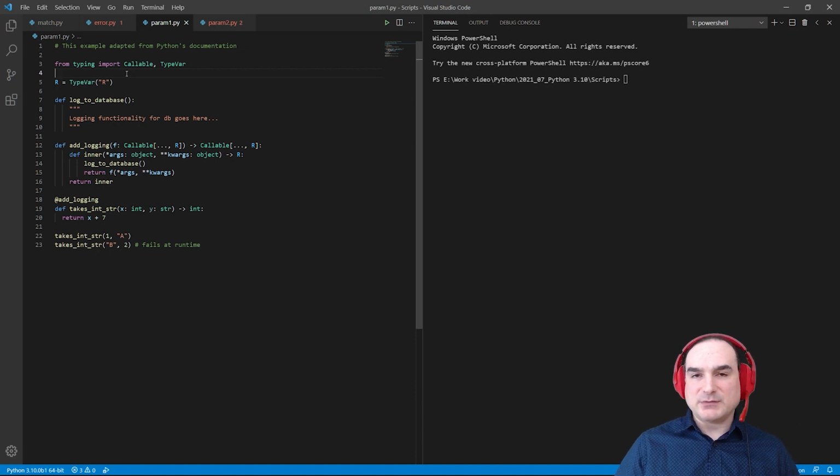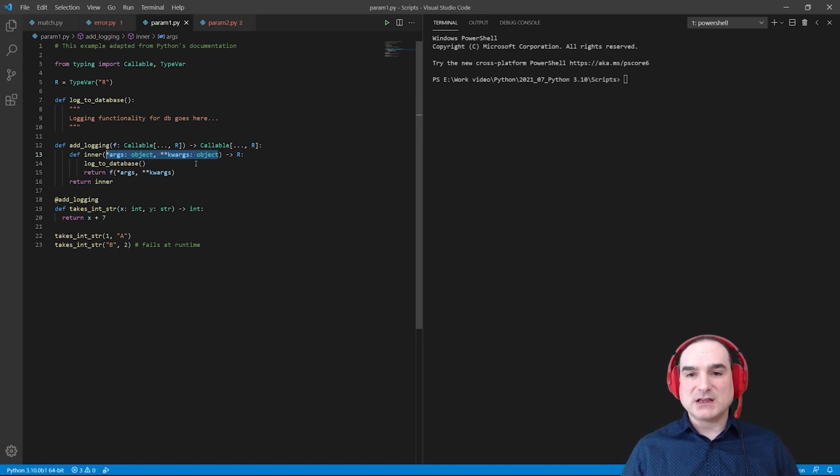This makes it hard to annotate things like function decorators, which take in one function and return another one. In this example, which I've taken from Python's own documentation of how this works, I have a function called addLogging, which works as a decorator. It takes in a function with a specific signature, in this case a number followed by a string, and wraps it in a function that adds logging. The problem is that our type annotations for the decorator are imprecise. They don't let us indicate what kinds of arguments we can propagate to the wrapped function. We're just passing them along as is, and we're not able to check them.